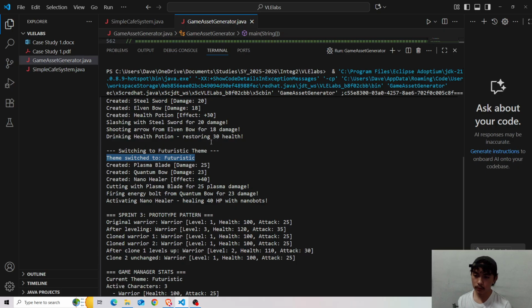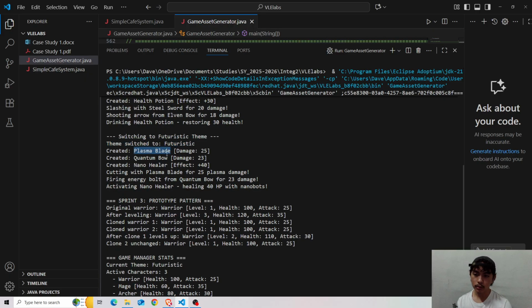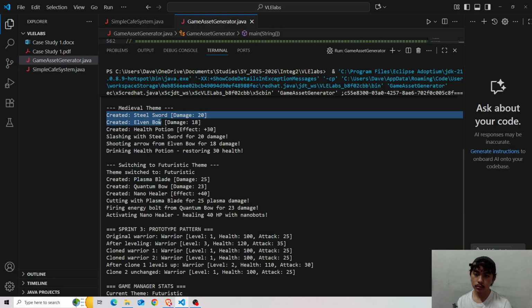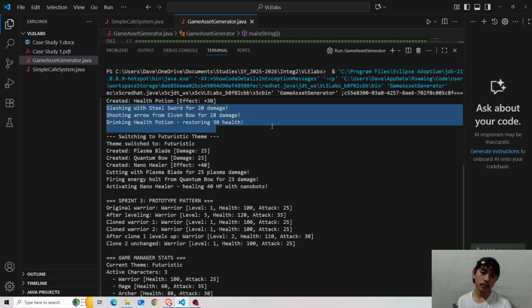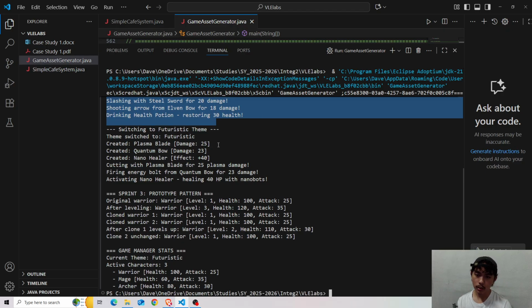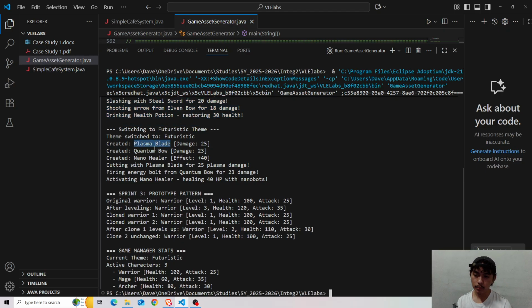Okay, so that serves as a smooth transition or the dynamic feeling of the game. So created weapons, just like here, weapons, and then potions, and then uses of each created weapon or potion. Okay, plasma blade, quantum bow, nano healer, and so on.